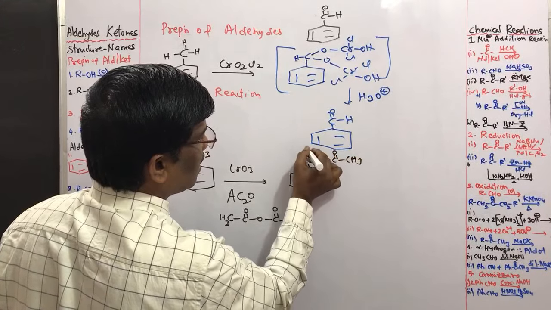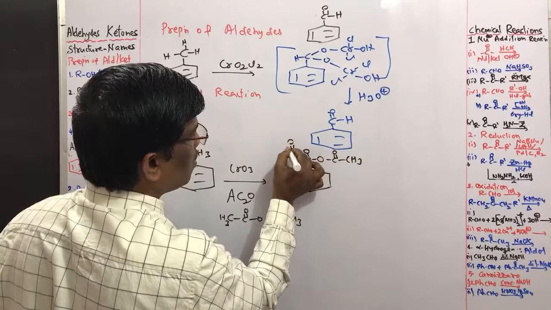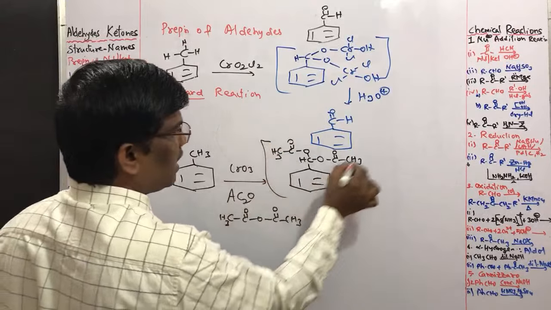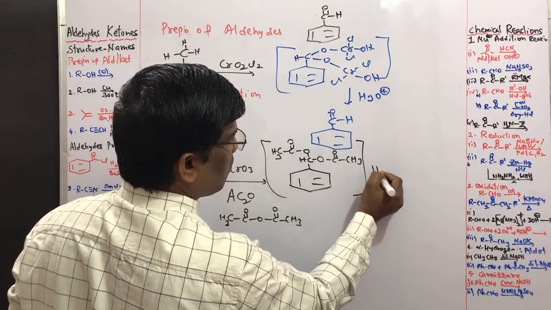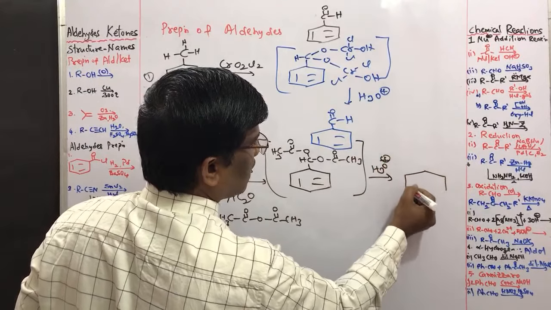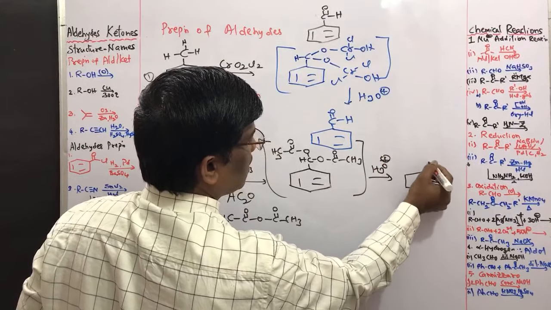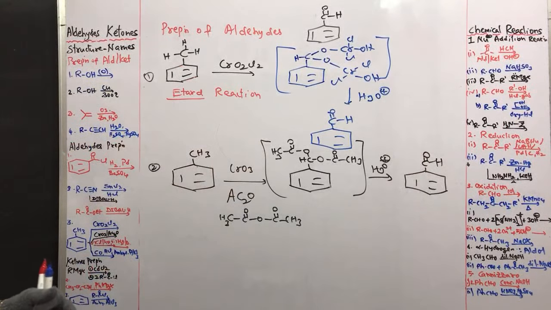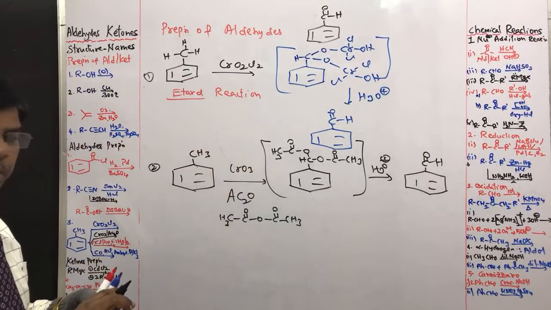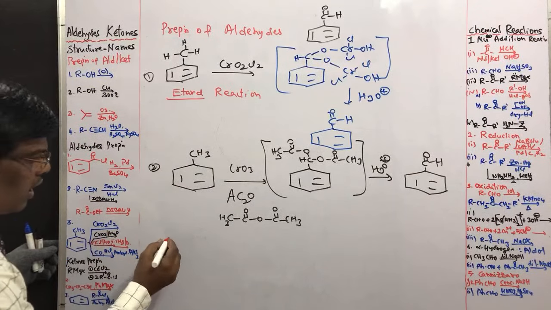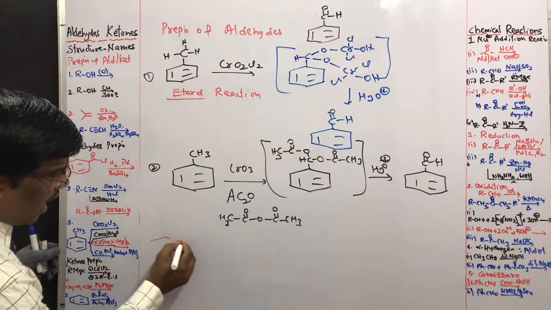OCOCS3 and OCOCS3. Yes, so this intermediate is going to hydrolyze upon acid hydrolysis to give benzaldehyde. This is the second method. And the third and important commercial method for the preparation of benzaldehyde is from toluene by